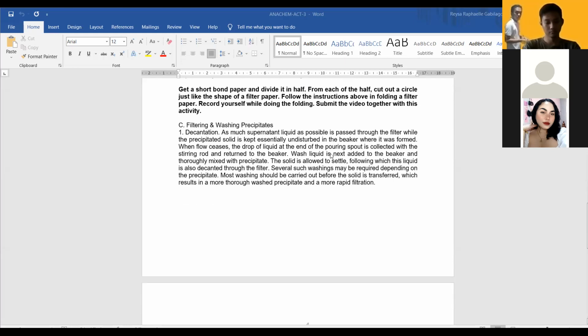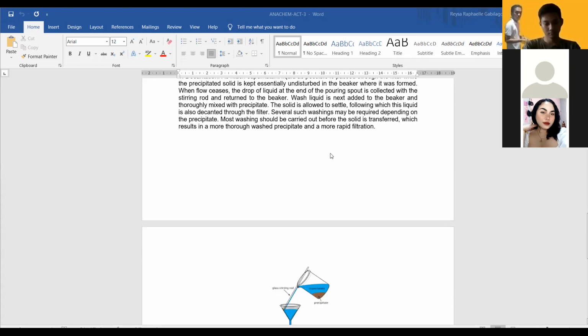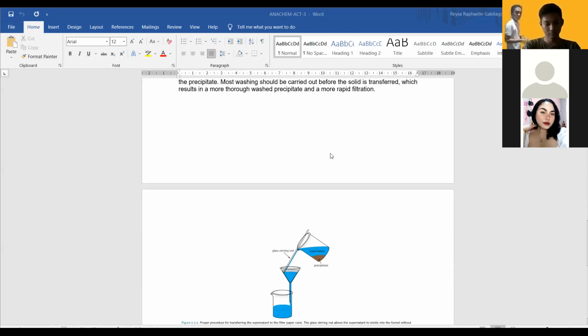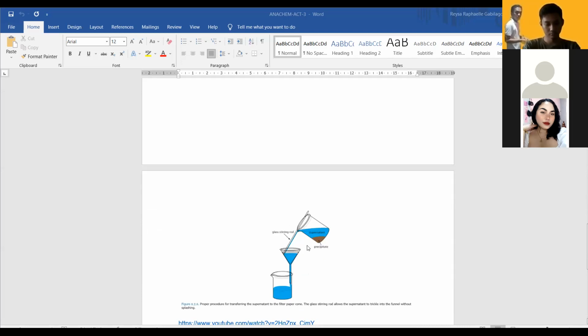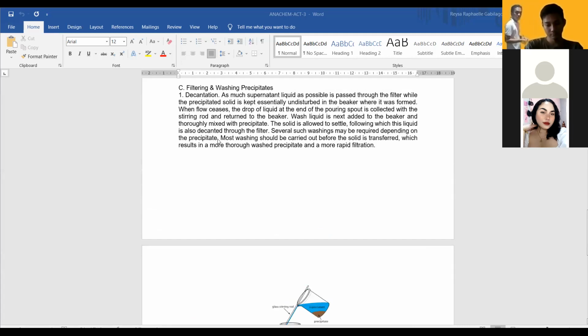Okay, now in filtering and washing the precipitate class, this is through the use of the filter paper fitted in a funnel. So example, we have here the mixture. You can see there is a precipitate, the solid portion, yung brown one, and then the supernatant liquid on top. We call that supernatant liquid, the liquid in the mixture of the precipitate. Now, the first thing that we need to do is to decant. Okay? When you say decant,